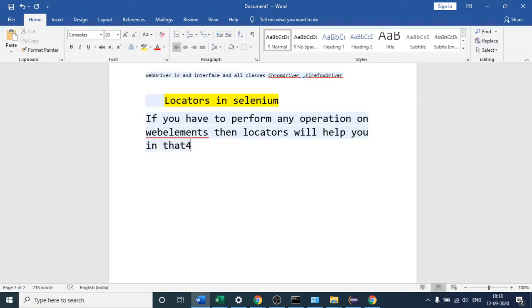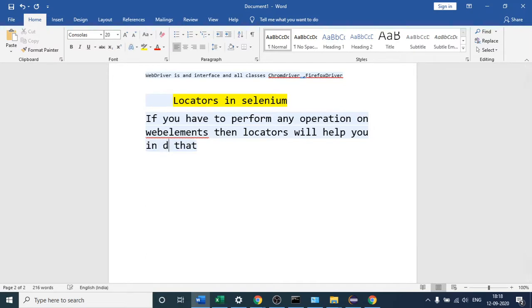Again, why are we using locators in Selenium? That action can be to click on a button, or to enter some text in a text box. The locator will help you in doing that.